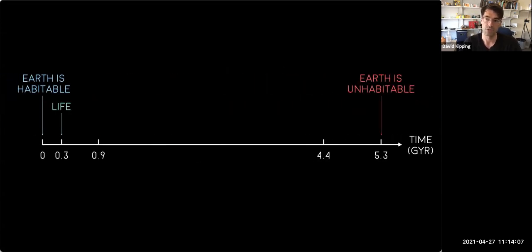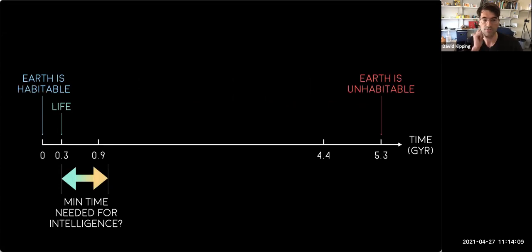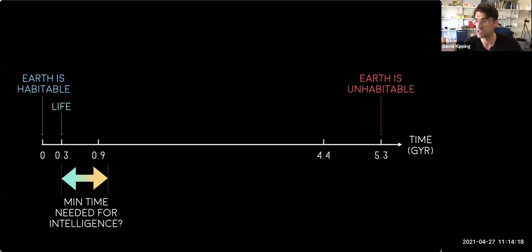What if the opposite were true? Because that's just one example. What if this is the minimum time needed for intelligence to develop? That intelligence evolution, we can go from abiogenesis to something thinking and being able to do statistics and geology and paleontology, multicellular complex life, all that jazz. All that can happen in, say, less than 1 billion years.